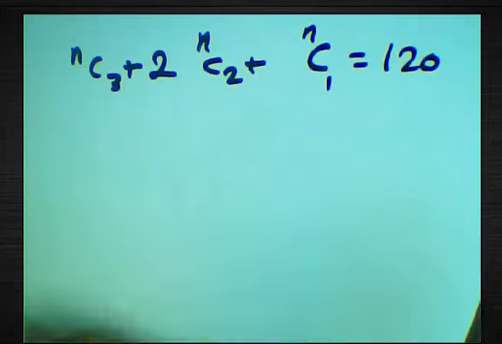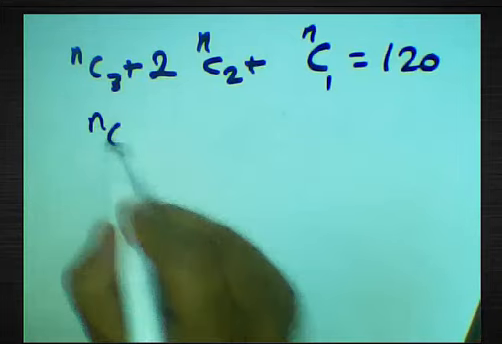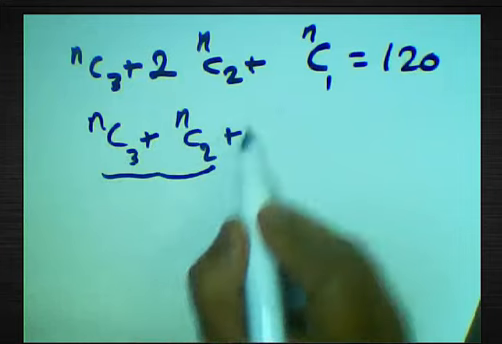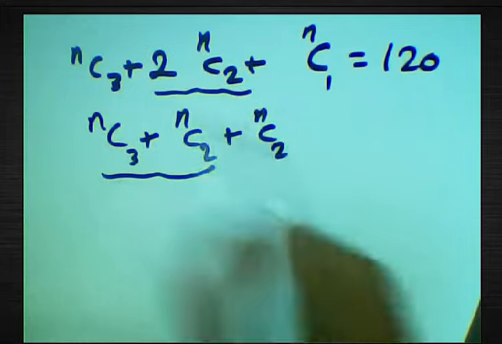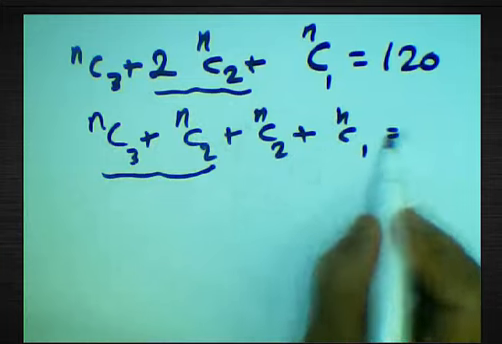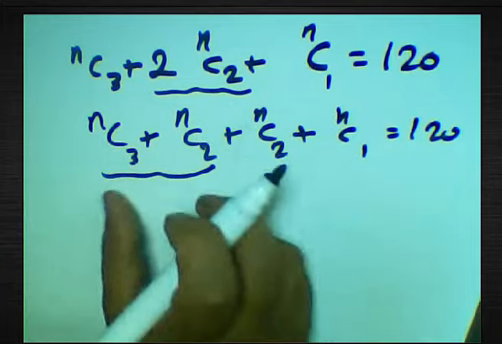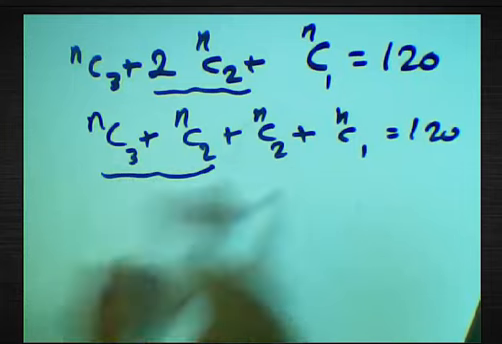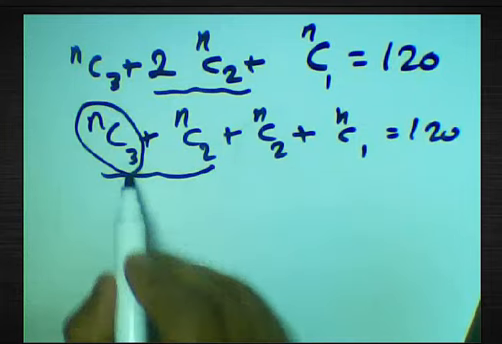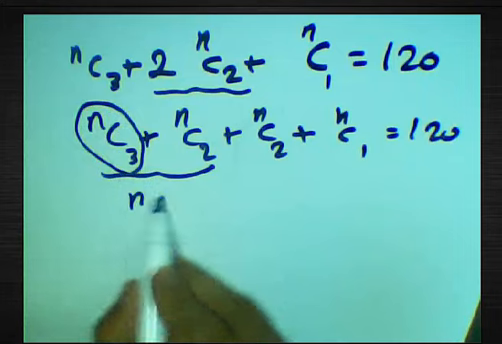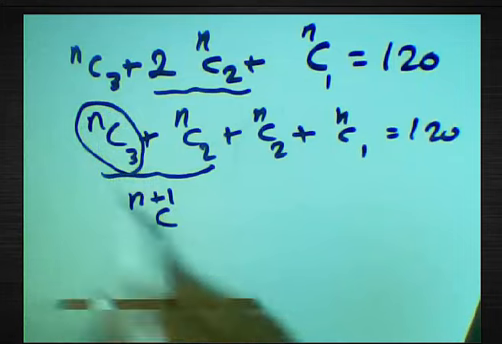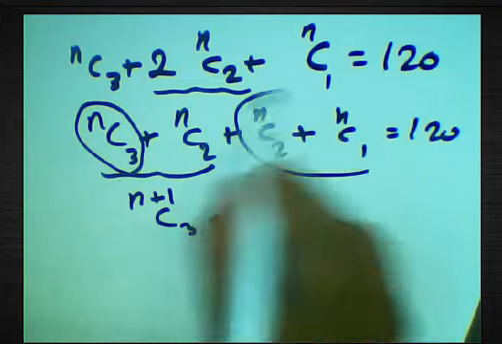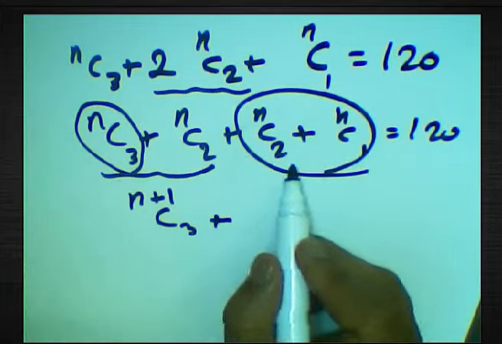We can write n combination 3 here plus n combination 2 plus n combination 2 plus n combination 1 equals 120. We have n combination 3 plus the previous, so it's greater than. We must choose the greater combination here and add 1 to this number, n plus 1 combination 3, and here we have two combination